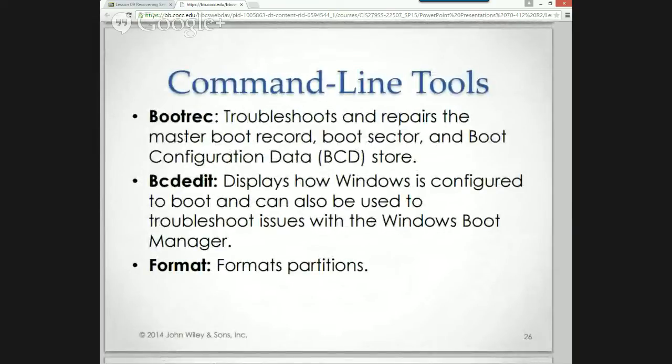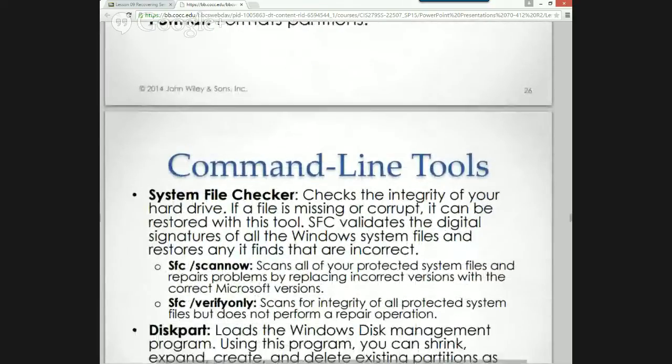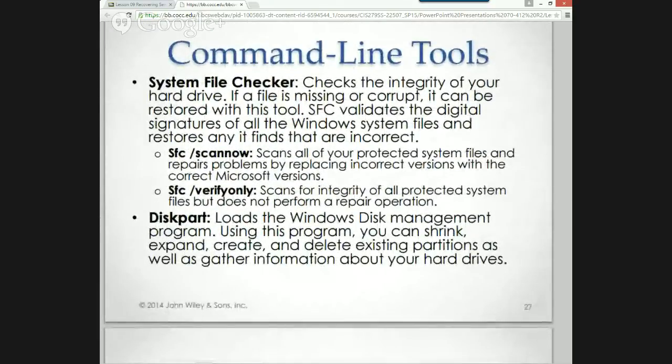So, command line tools, the boot rec for troubleshooting boot sectors. So this is pre-boot. If we have a multi-boot machine, we don't tend to do multi-boot machines anymore. Because if you want another operating system, stick it on a what? A VM. Yeah. Format partitions, so I remember the pre-boot environment in Windows XP, where you actually had to run the little floppy disk and format the partition before you could install the operating system. Formatting wasn't built in as a pre-boot to the operating system.